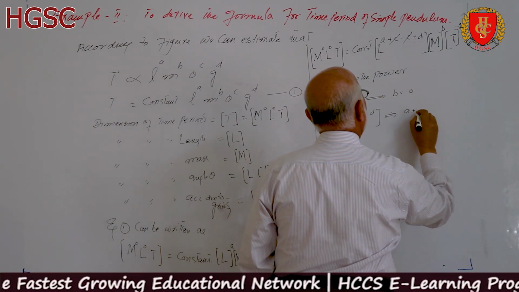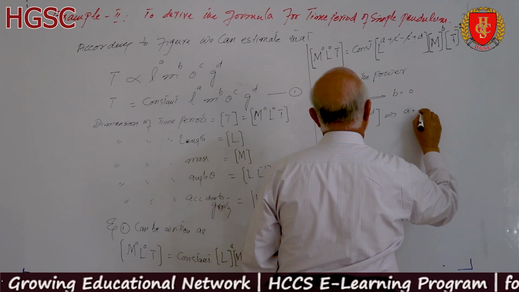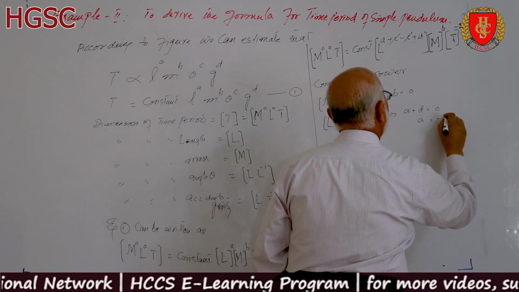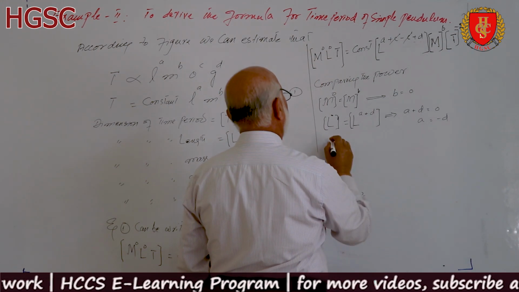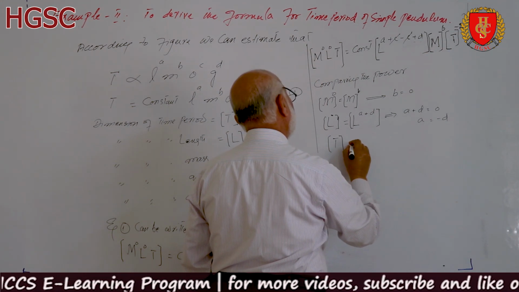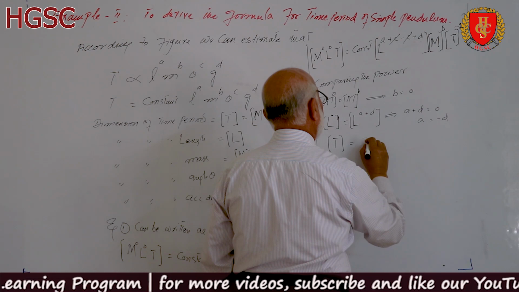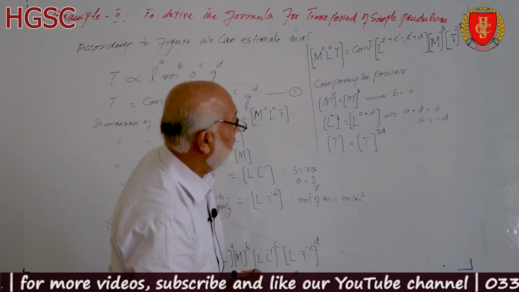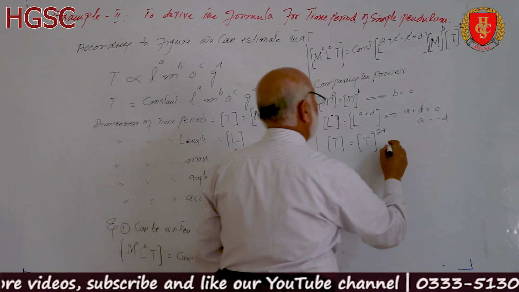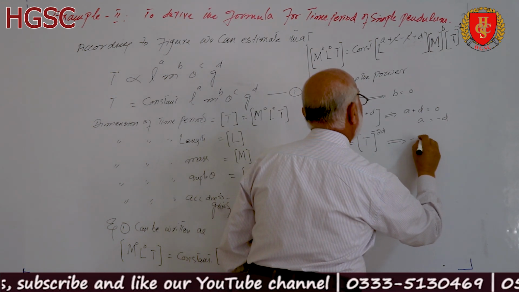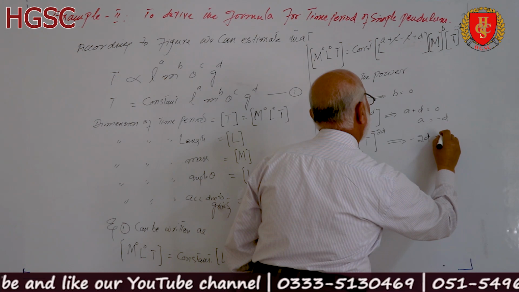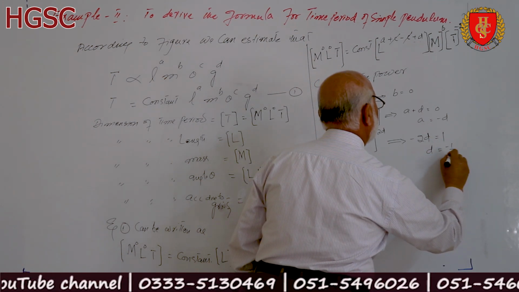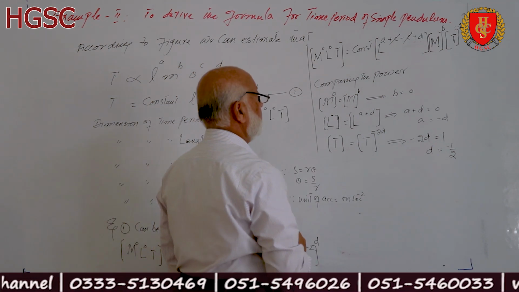So we can write that a plus d is equal to 0 and a is equal to minus d, and lastly t power 1 is equal to t power minus 2d. So minus 2d is equal to 1, then d is equal to minus 1 by 2, and a is equal